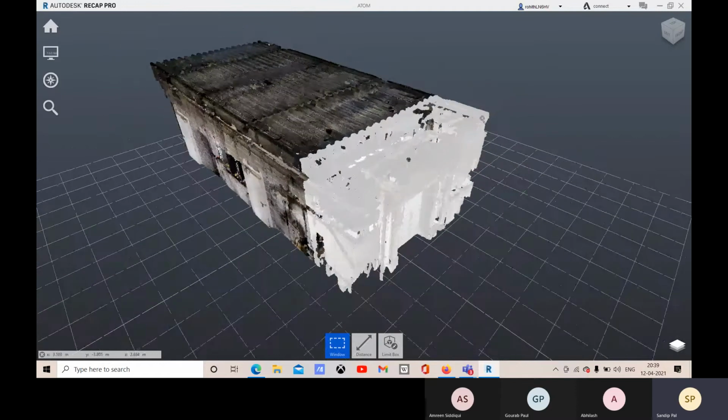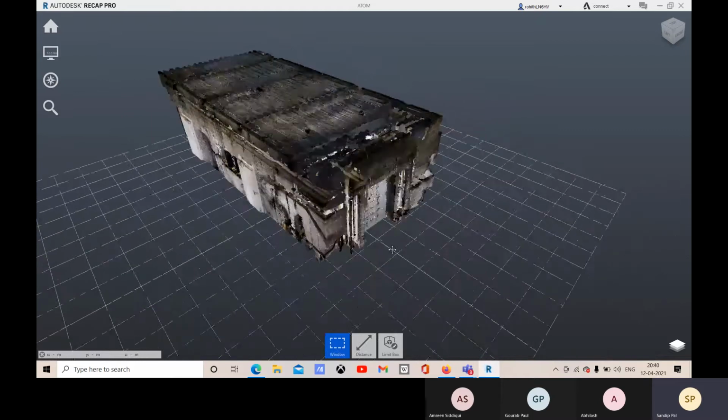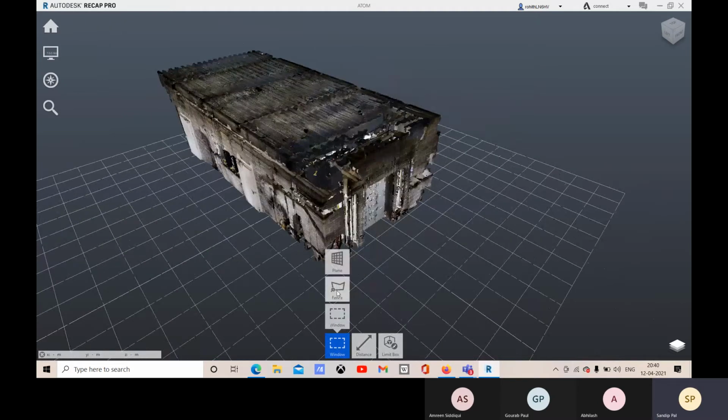Let me just escape. And here we have some other options for selection, like fence. This option I have already shown in 3ds Max. So like that, complete it.